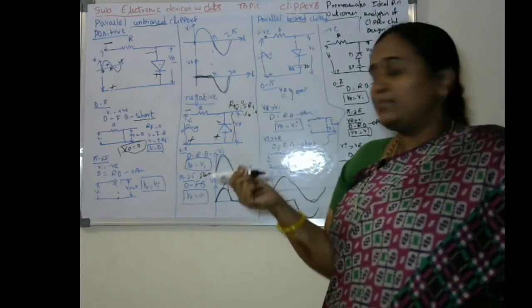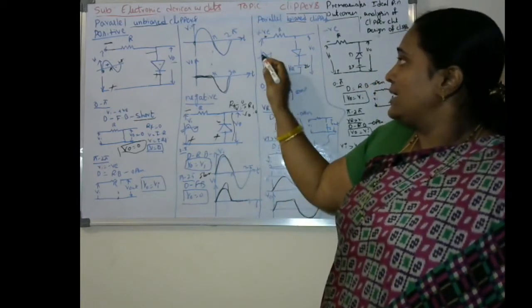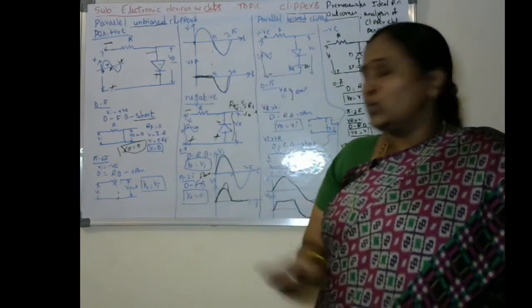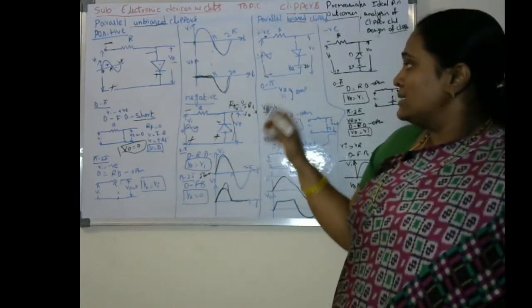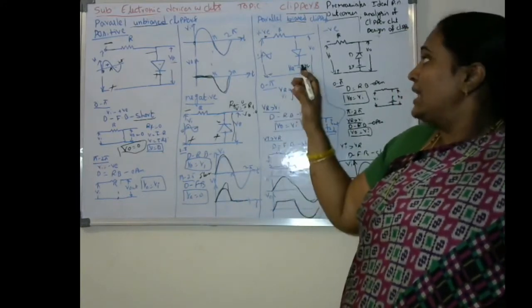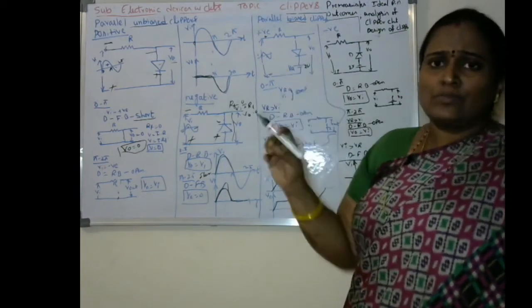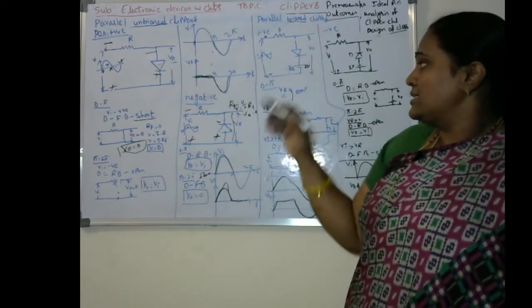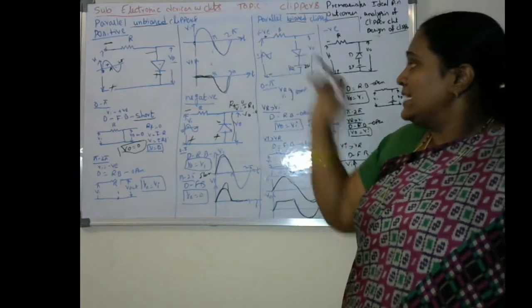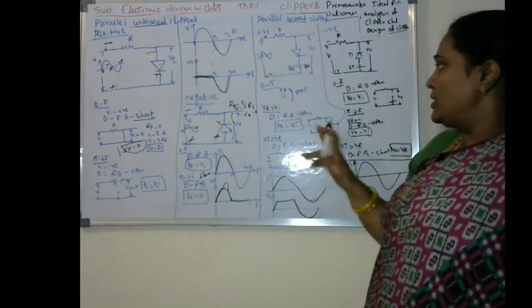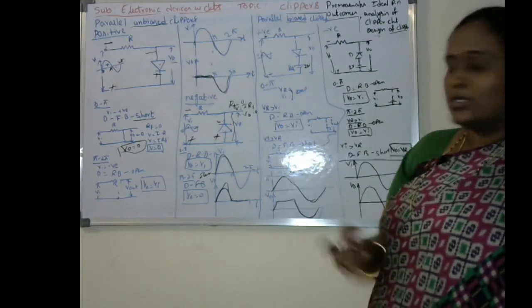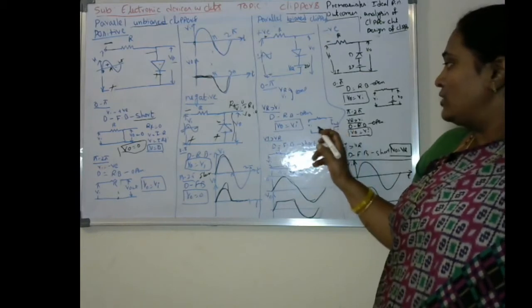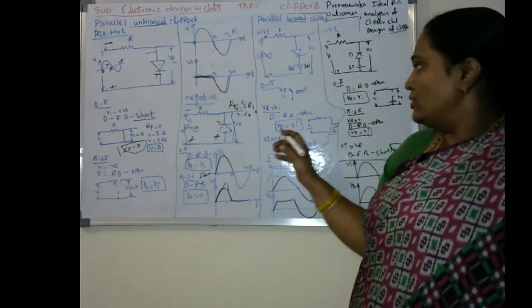If we compare them, first I am assuming that the input voltage is 1 volt and VR is 2 volts. So what happens in that case? VR is greater than Vi. VR is greater. This is the dominating one. So we have to observe only with respect to this what happens to the diode. The diode is in the reverse bias condition. Whenever it is in the reverse bias condition, it acts like an open circuit. Once it has been opened, nothing will be there in this connection. So V out will be equal to Vi.